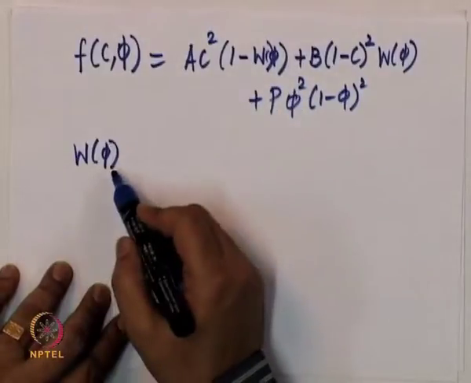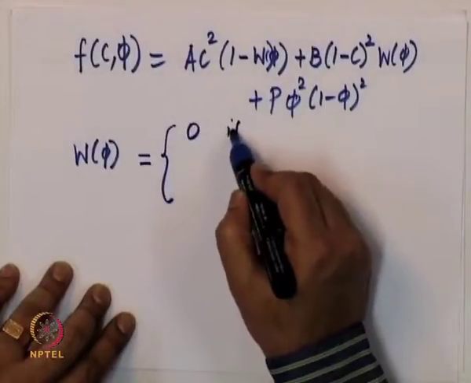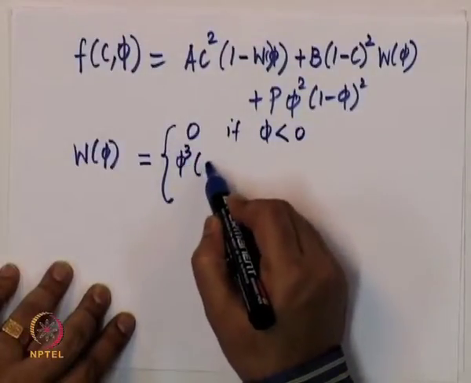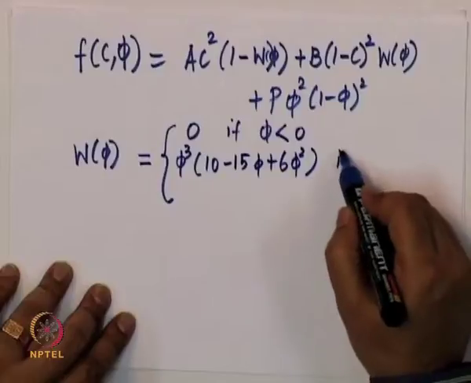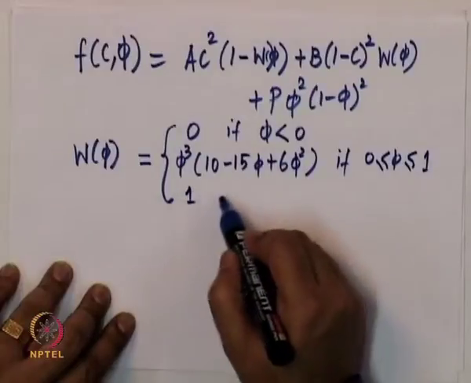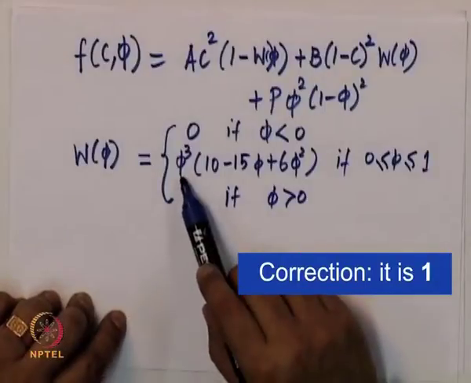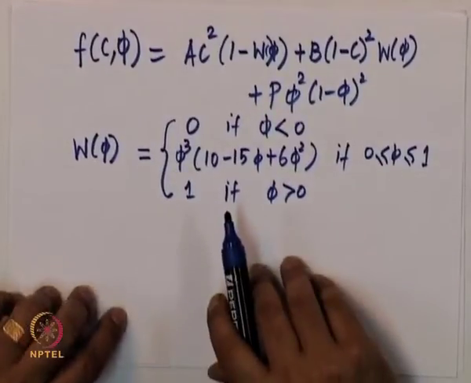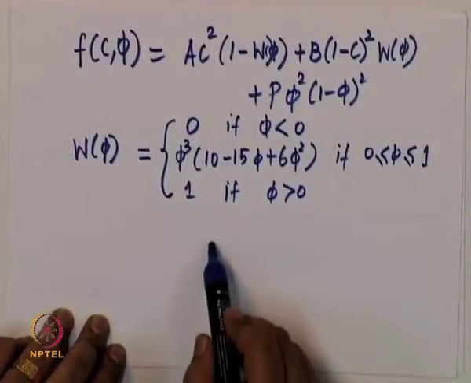So, what is this w of phi? It is a function which is defined like this: it is 0 if phi is less than 0, it is phi cube into 10 minus 15 phi plus 6 phi squared if phi is in the range 0 to 1, and it is 1 if phi is greater than 1. Now, why is this function a fifth order polynomial? It is a fifth order polynomial because this function is defined in such a way that it goes to,